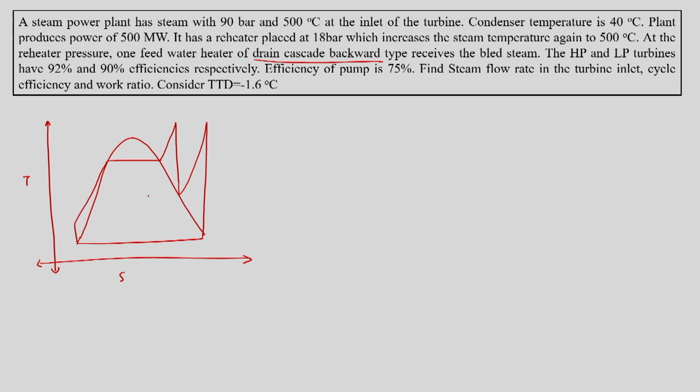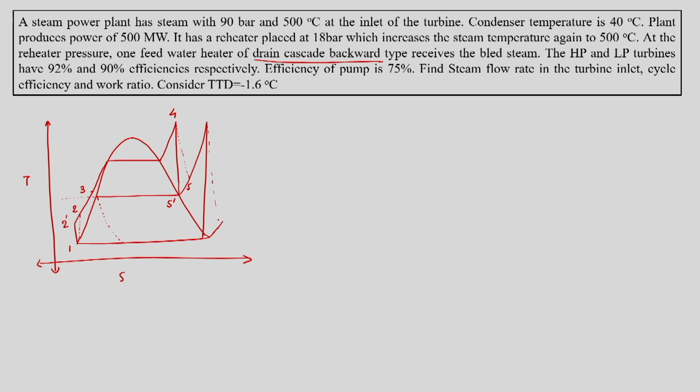Here, cascade backwards means steam is sent back to the lower pressure through throttling. So, we will put 1, 2 dash, but it is not the ideal pump, so it will be 2, and then similarly this is not the ideal turbine. So, we will have 3 here since it is 1.6 degree Celsius extra. So, this is 4, this is 5 dash, this is 5